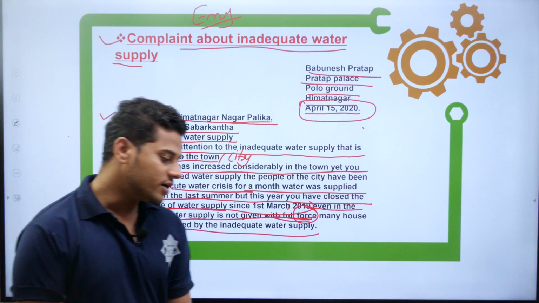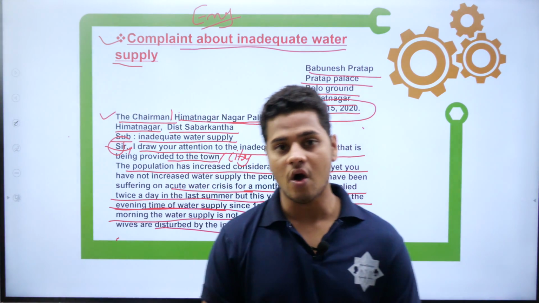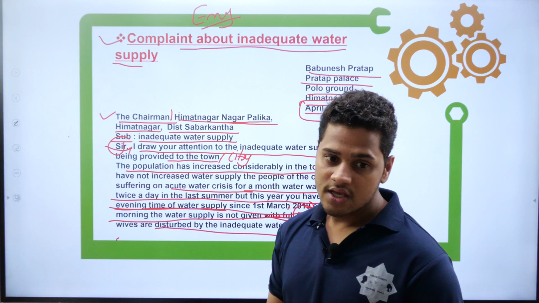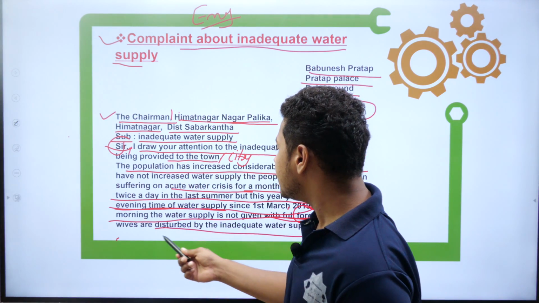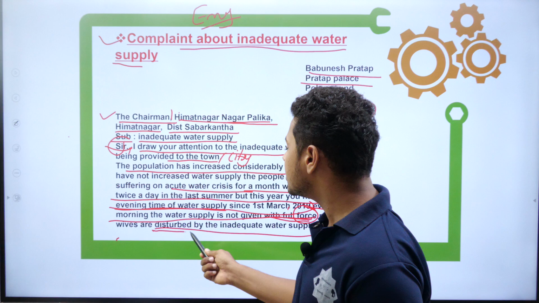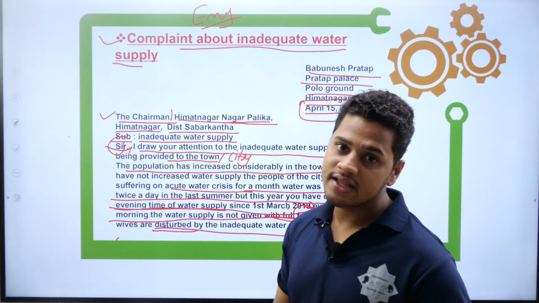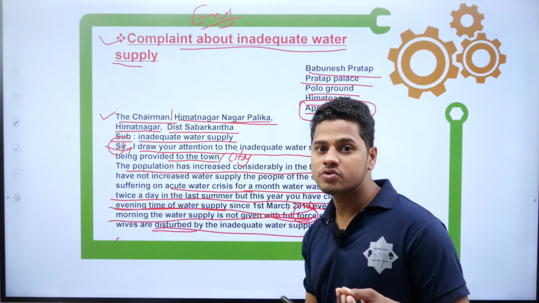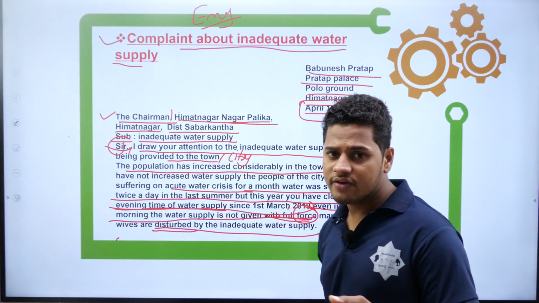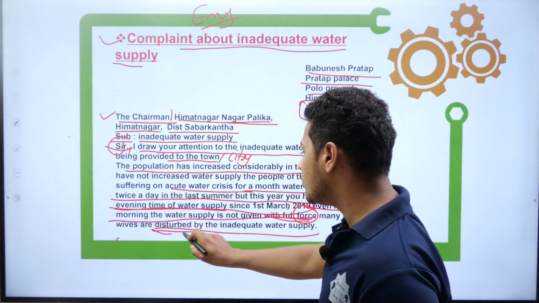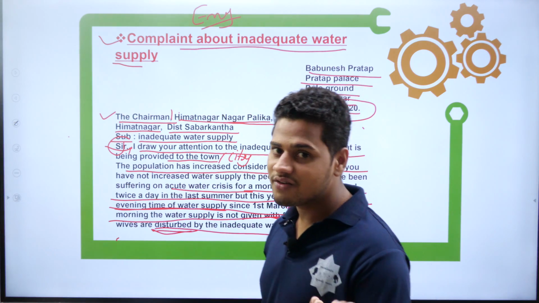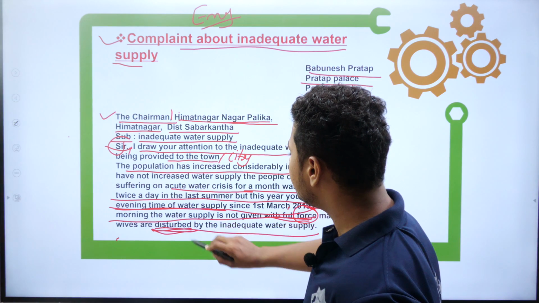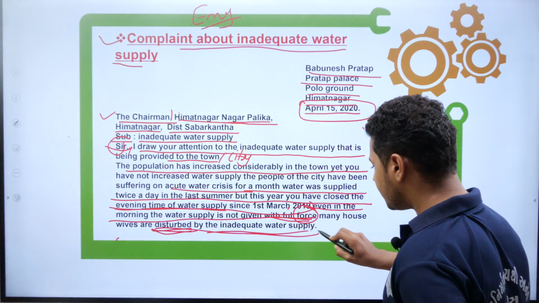Mostly the water filling is done by the housewives, those people living at home. So they are getting disturbed. For example, in today's century they do jobs outside, they have to do parenting, they have to take care of their child and their home, and they have other work also, so they are disturbed by the water problem, because we know that without water all work will be pending. So here you can see the women disturbed by the inadequate water supply.